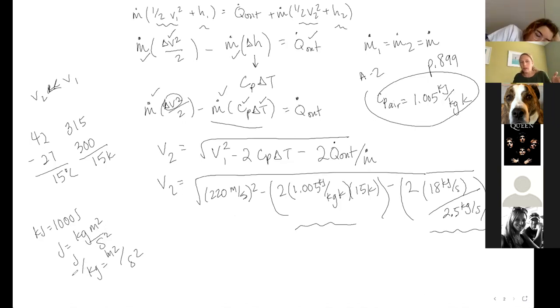So we're going to need to convert all of these into meters squared per second squared, which means we're going to need to do 220 meters squared minus 2 times 1,000 and 1.005